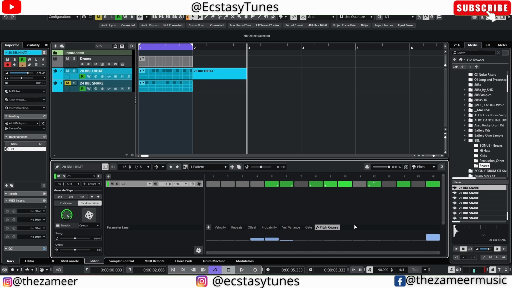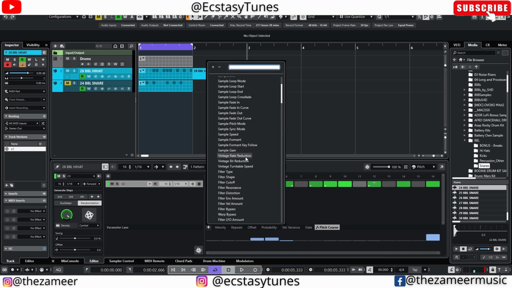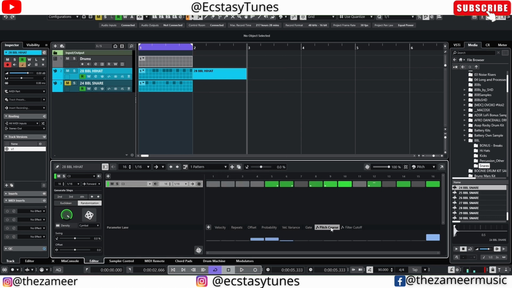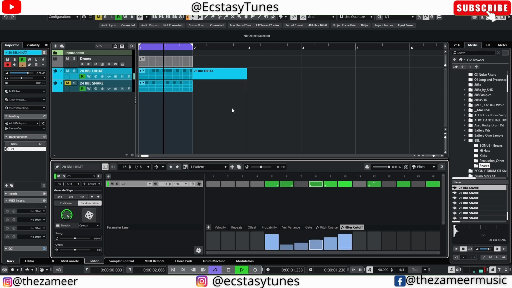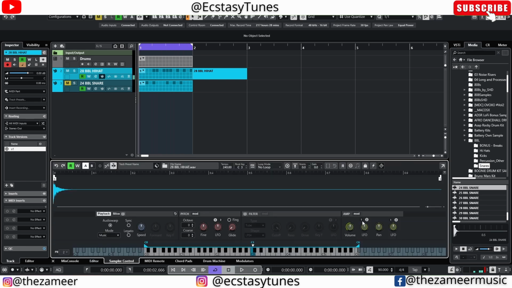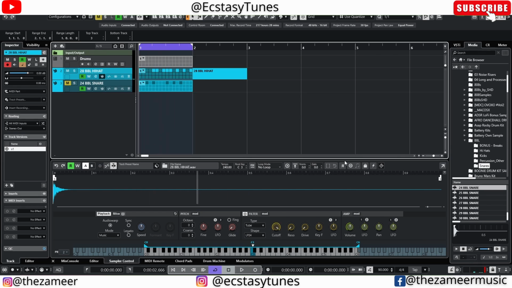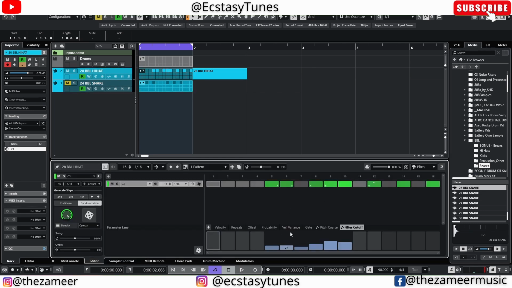And you can also add all these automations from this plus button here. So let's say you want to have a filter cutoff, you can add it like here, and then go to filter cutoff and do whatever you want, right? Okay, first you have to go to the sampler control and turn on the filter. Okay, notice this is actually, let me change them. If you go to the sampler control now,